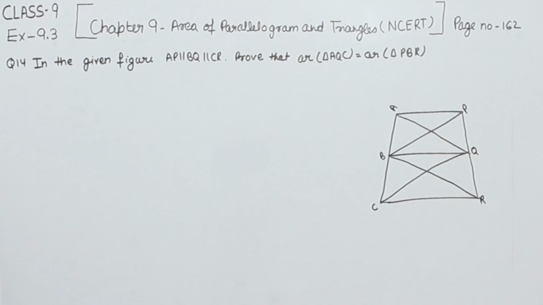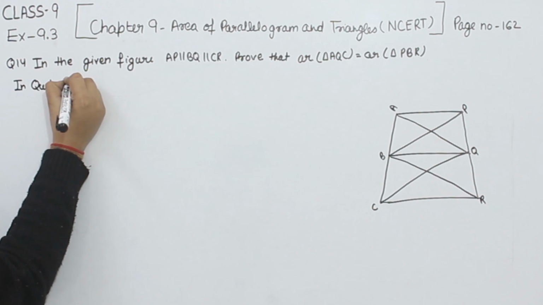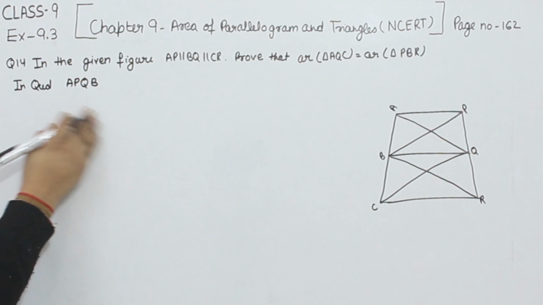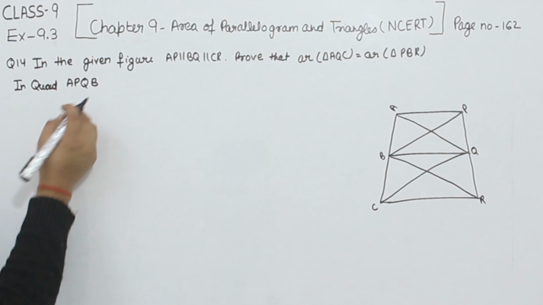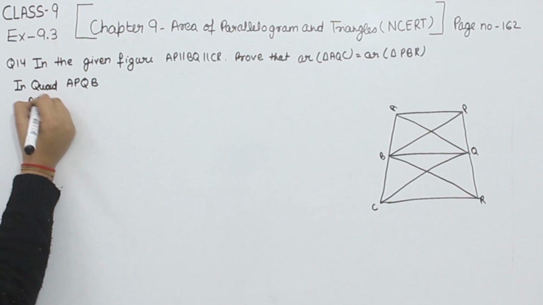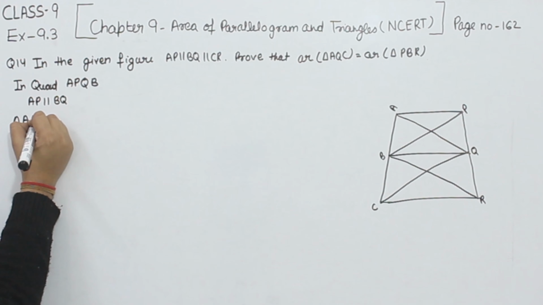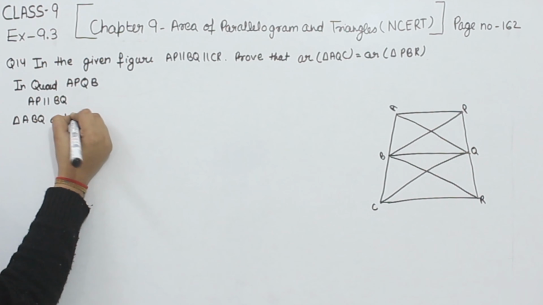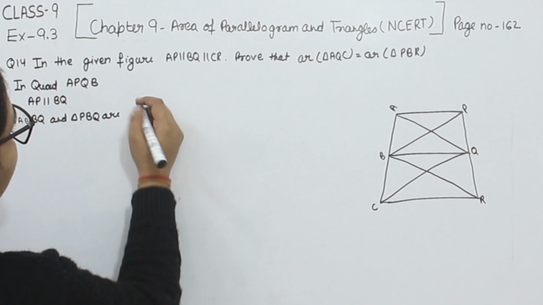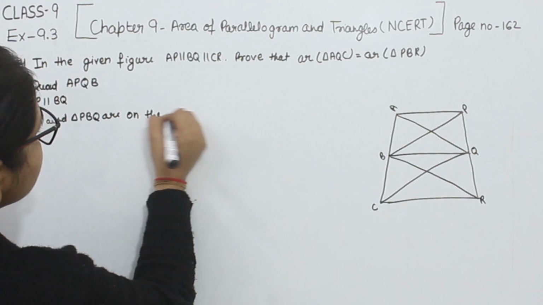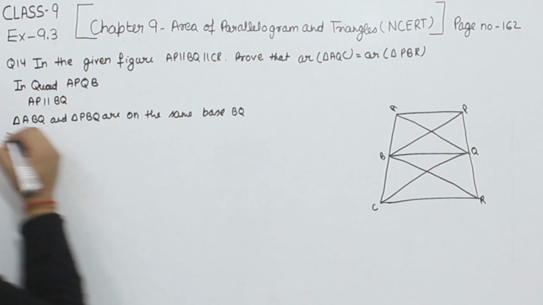So first of all, we are going to take the quadrilateral APQB. Now in the quadrilateral APBQ, AP is parallel to BQ. Now the triangle ABQ and the triangle PBQ are the two triangles on the same base. They are having the same base. The base is BQ, and